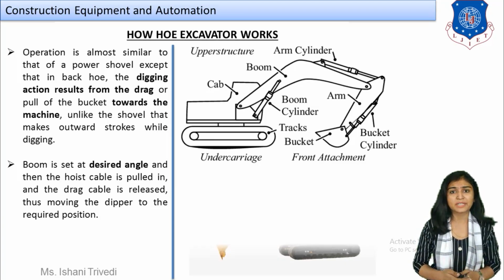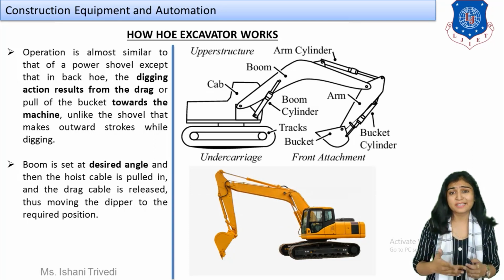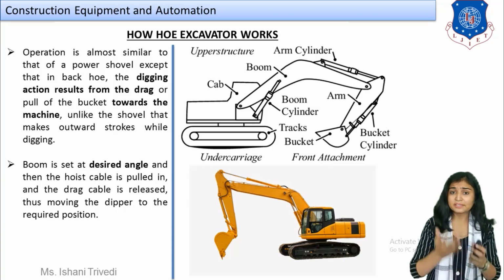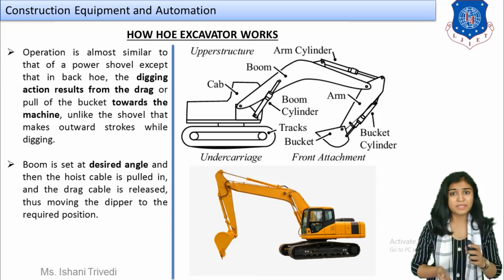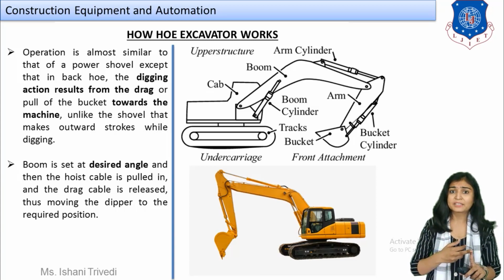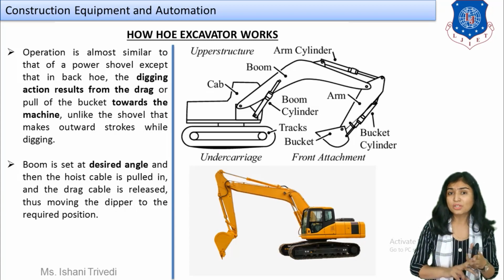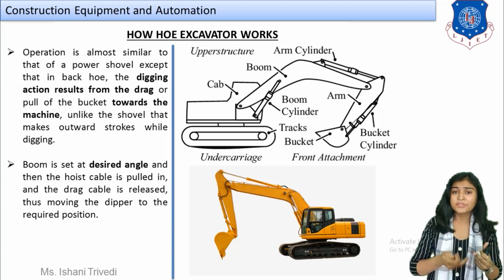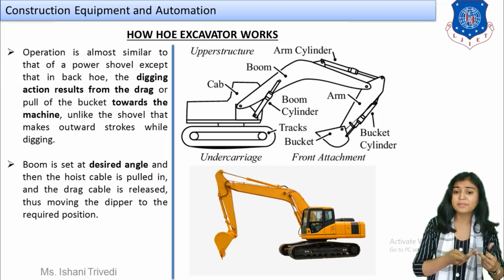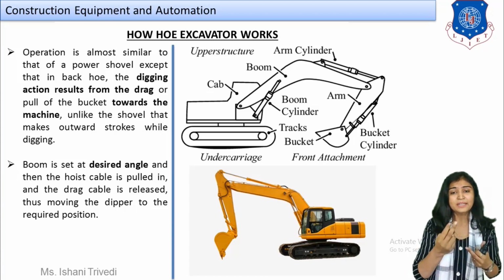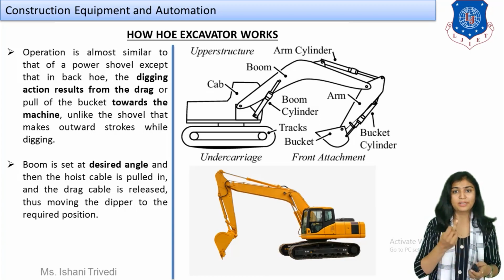Like the power shovel, you can see right in front of you we have a cross-sectional sketch, a diagram in which all the parts are shown. The same thing was done for the power shovel also. You should be able to see that there is not much of a major difference between these two. The parts like the operating cabin, the mounting at the bottom, the boom, the arm cylinder are all kind of the same, but there is no dipper stick over here because your bucket is not in the outward stroke position. Here your bucket will be attached to the hydraulic cylinder and it will perform the work towards your operating cabin.